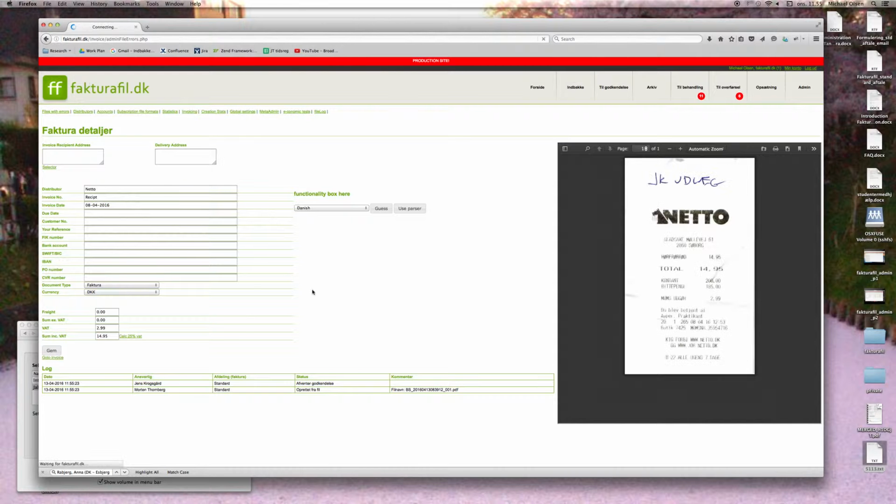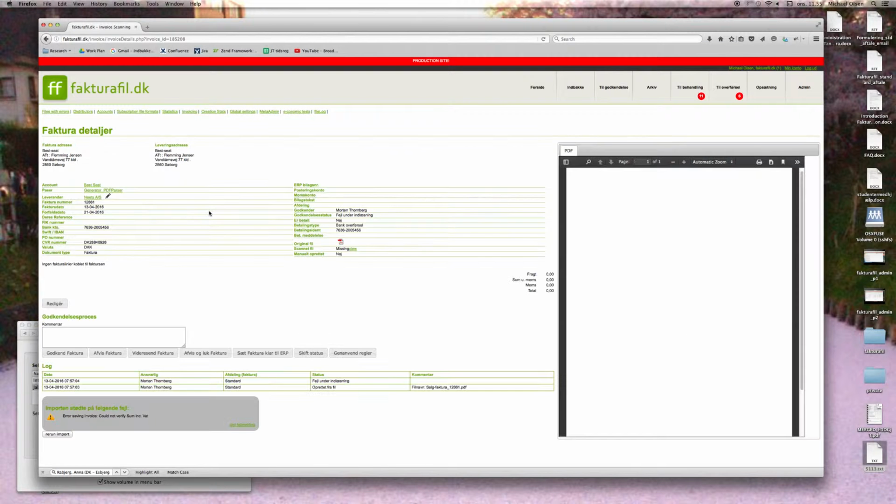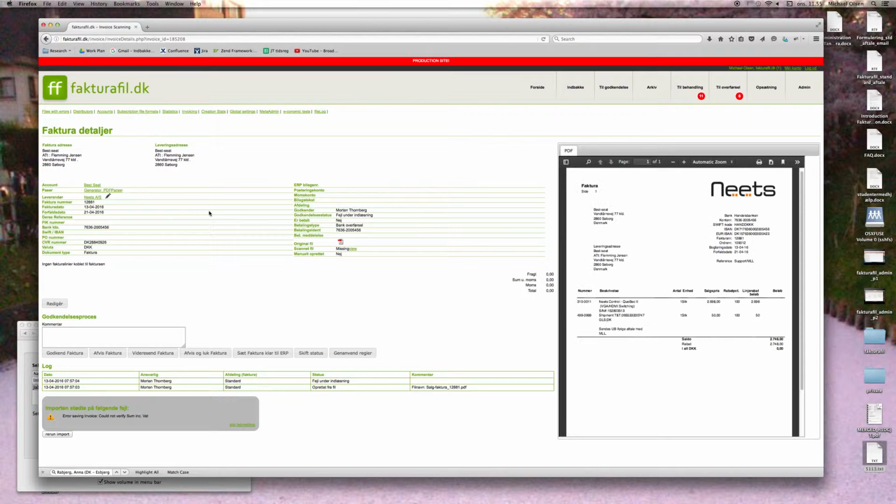Going back to files with errors. Okay, this next one from Best Seed. This is actually one that we imported before, and so this is the Best Seed needs. As you can see, it has recognized needs. So if we click on this, it's not the one before. Sorry, this is actually a new invoice. So we can see that it is imported needs, but